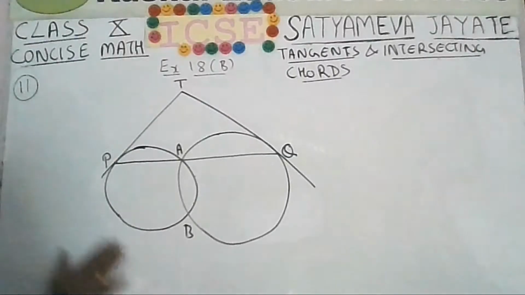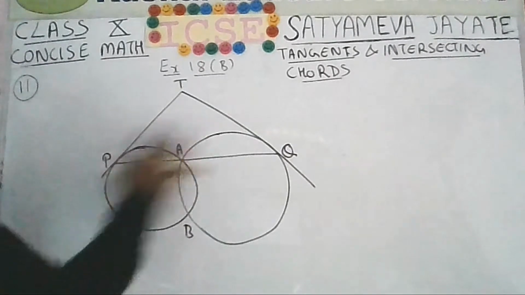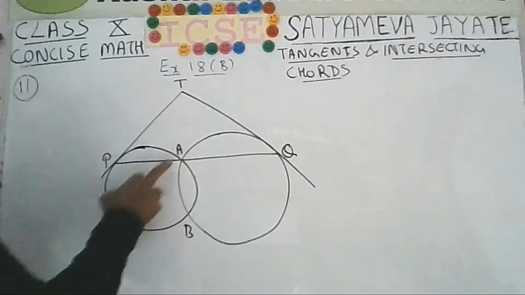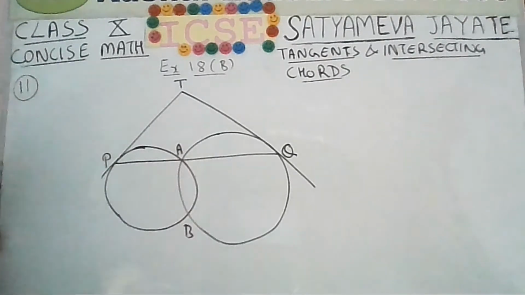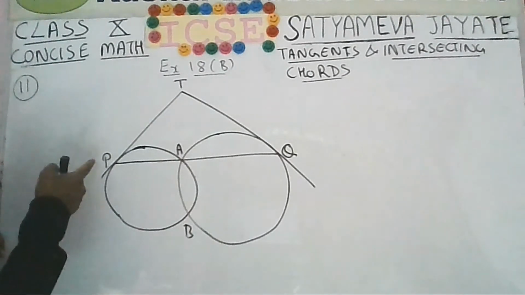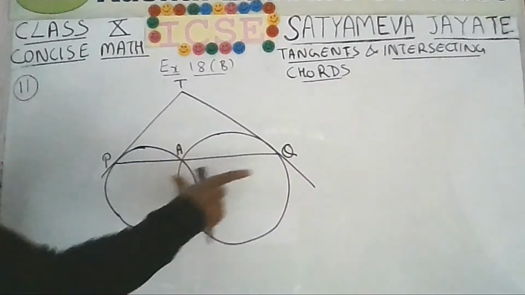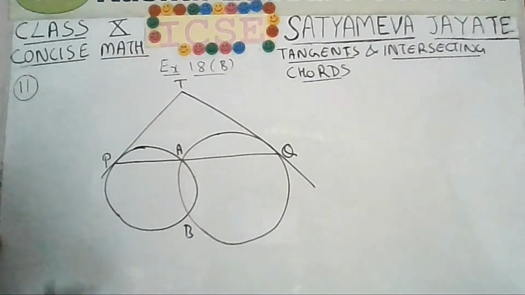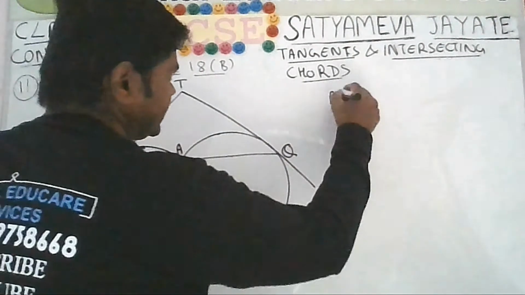So for question number 11, they have not given the figure. You have to draw the figure from your own side. There are 2 circles which are intersecting each other at points A and B. So PAQ is a straight line. It has been given. Okay. And it has been given that you have two tangents, one for one circle at point P and one for the other circle at point Q, and the tangents are meeting at point T. So what we have to prove? We have to prove that